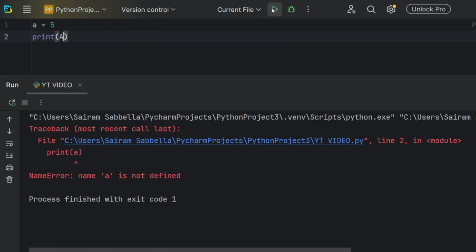So now when I run this code, even though you might think, oh, I declared lowercase a, it ends up coming wrong, it tells you the error, name error. Name A is not defined, and it also tells you did you mean a by looking at your previous line of code. So I hope you get it. Python is case sensitive, so uppercase A and lowercase a are not the same.